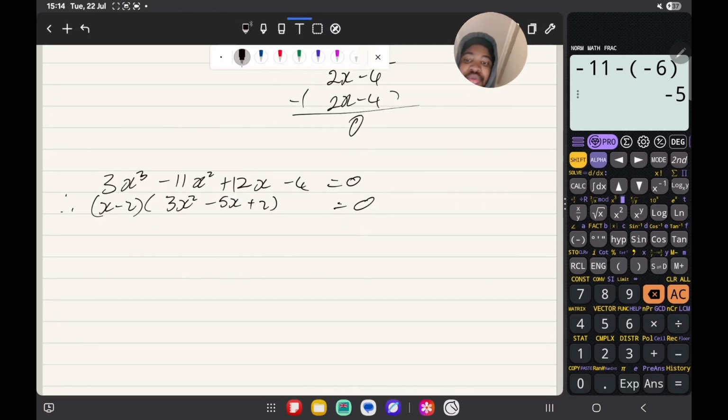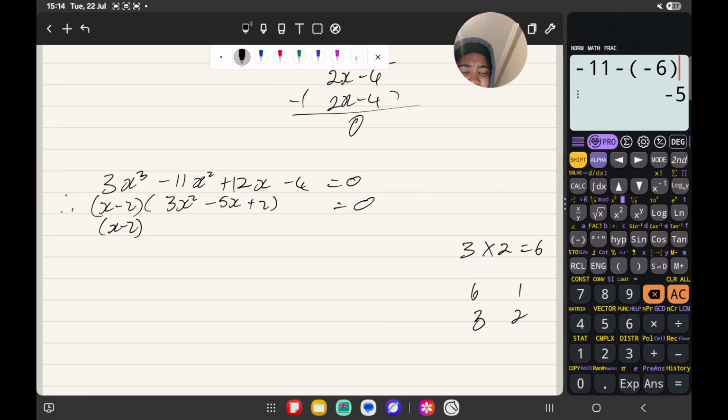And what we do, we take 3 and x minus 2, and then we take 3 and 2, just 3 and 2, we multiply them together, 3 times 2, that is 6. Factors of 6, 6 and 1, 3 and 2. From these factors,